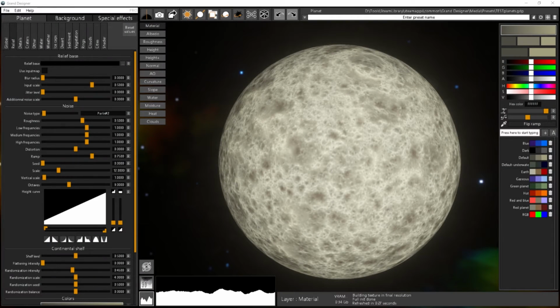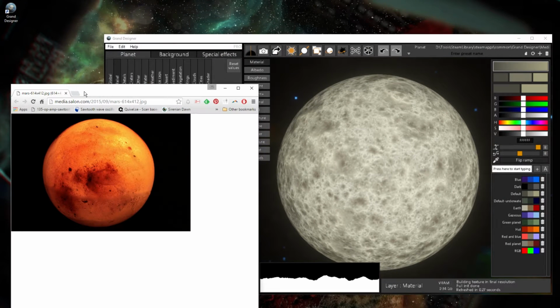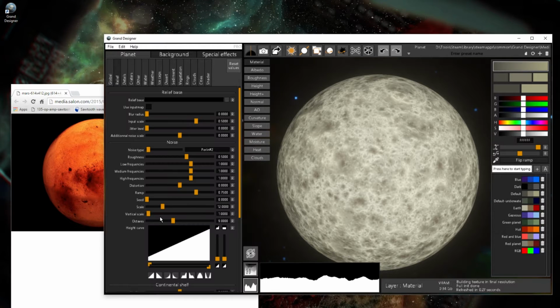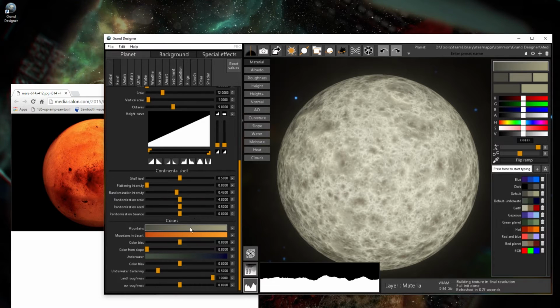In this video I will show you how to create a planet from scratch. So the idea I got here is to create a planet that is in the color range of Mars. So I have found a reference picture here, and I will start by picking the palette of colors for